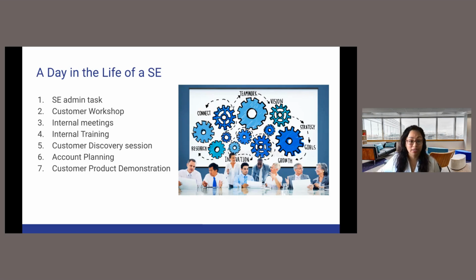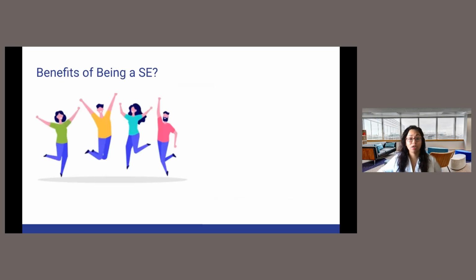So after we went over what the day looks like, now let's talk about some of the benefits. Because if I already told you what a sales engineer does and you kind of like what you're hearing, are there any benefits or perks to being a sales engineer? Absolutely. Compensation. Depending on the field that you're in, great compensation can be part of it. Do your research. Some companies pay a little more than others, but again, it all depends on where you are in your life journey or where you want to go. So do your research, but there's great compensation.